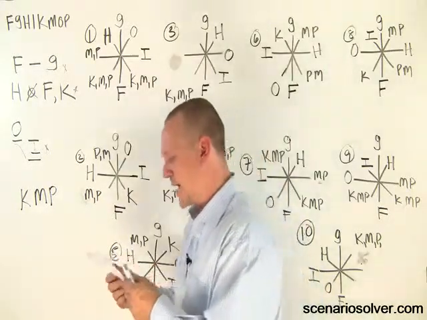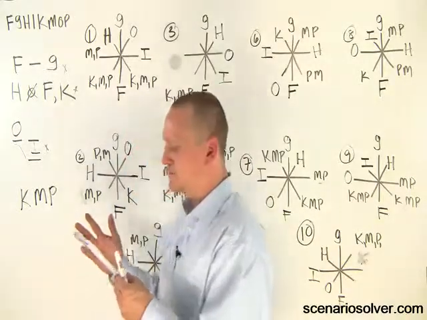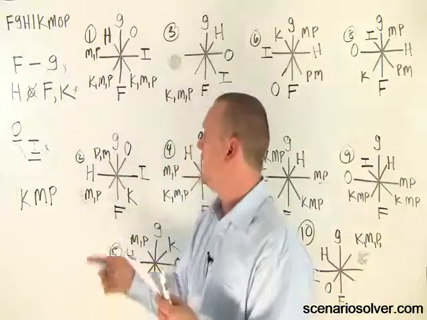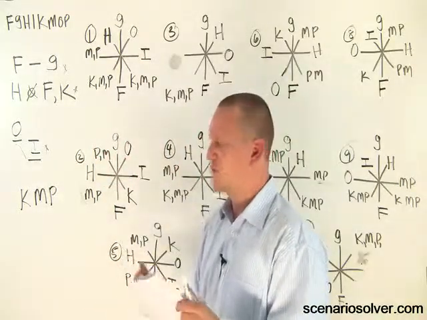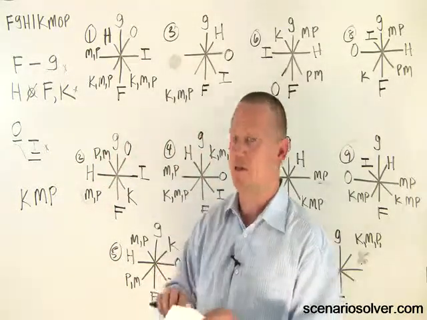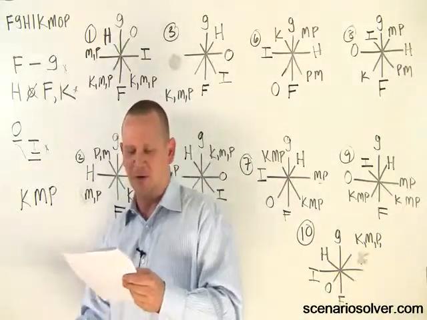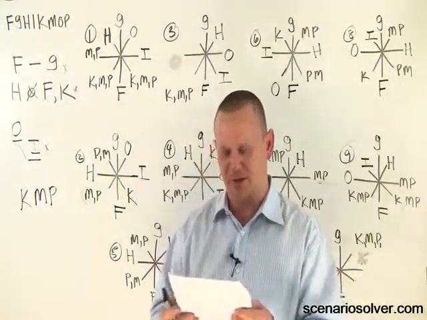Okay, if we look at the rule F, the first rule is F sits directly across from G. The rule says that F and G have to have exactly 3 spaces in between them. If you look at A, F and G only have 2 spaces in between them, so